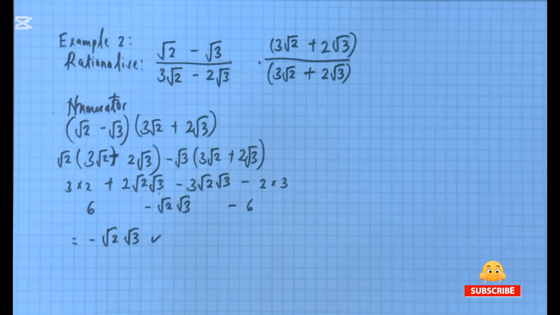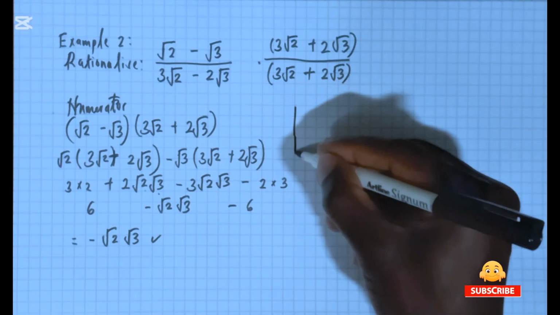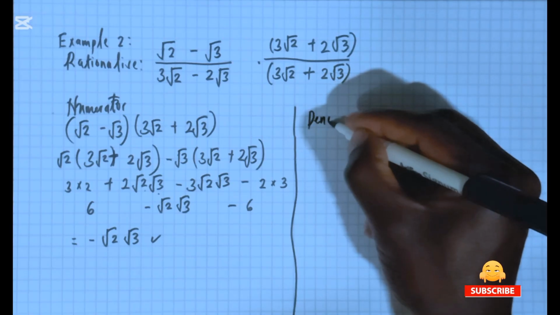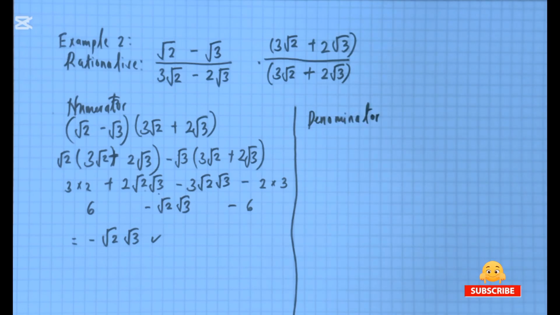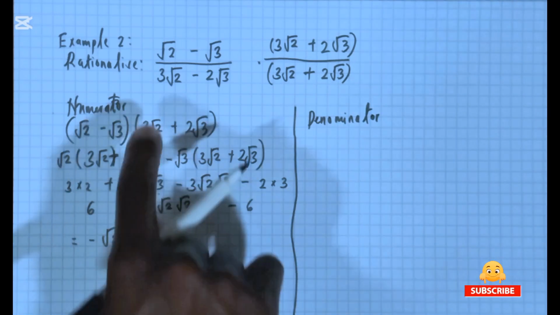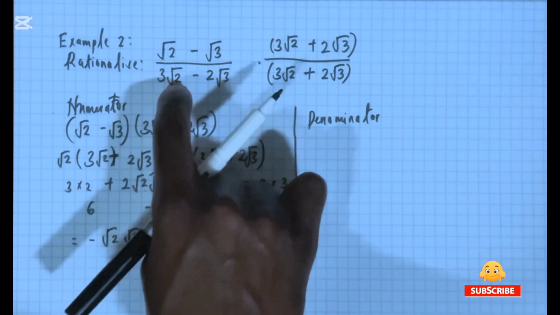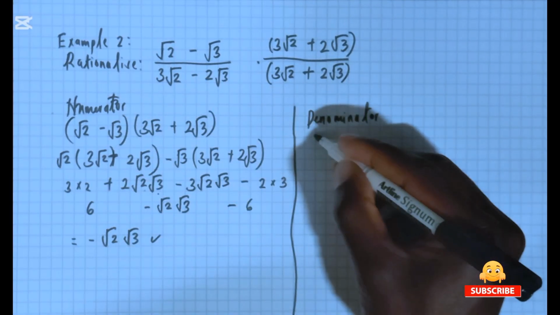And now on to the denominator. Onto our denominator, we're going to multiply this here by the conjugate. Because this is our first class, we're going to do it step by step. Otherwise, this is something you can just calculate by looking. All right. So basically, we're going to have